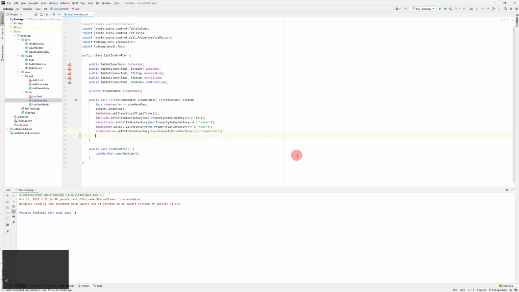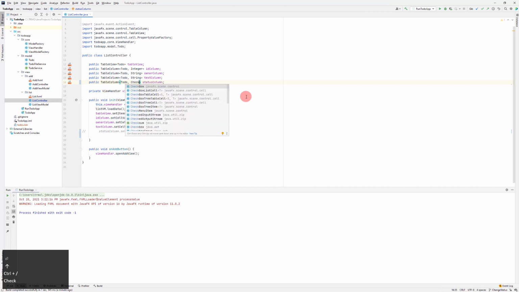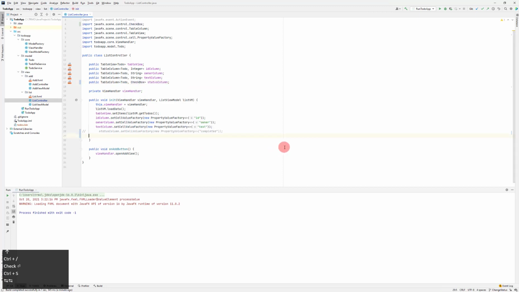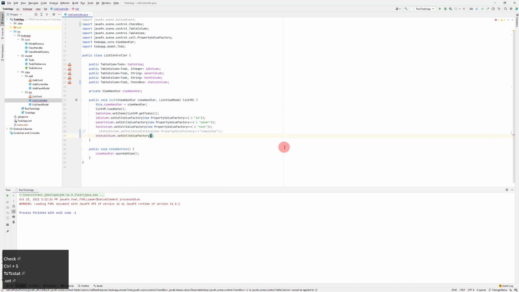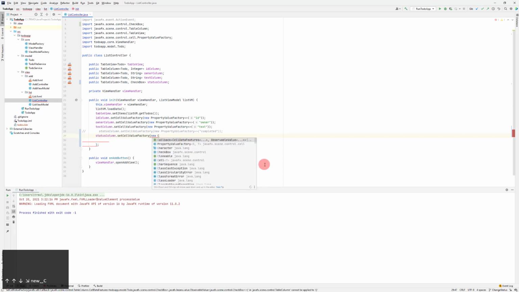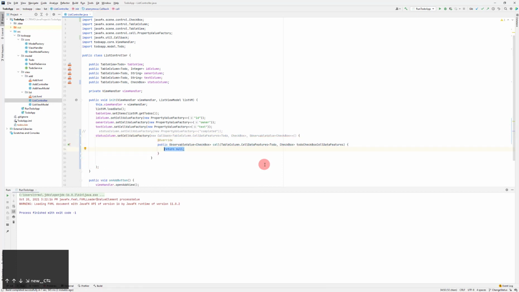Alright, I'll start with commenting out this one. I need to set a different cell value factory, and I'm going to say here it doesn't contain a boolean, but now it contains a checkbox. And then we say status column. We want to add or set the cell value factory again. But instead of a property value, we are going to create something different. It's called a new callback. This one probably, and we can see that